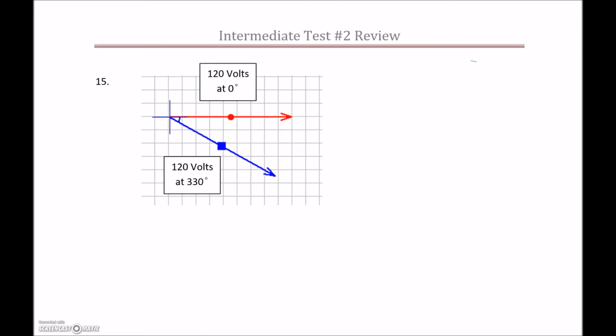All right, guys, question number 15 on our intermediate test 2 review. So we have two different vectors. So we've got this guy right here, which I'm going to label A, this guy right here, which I'm going to label B. So two vectors, and if we draw in our x and y axes there, it looks like the first one